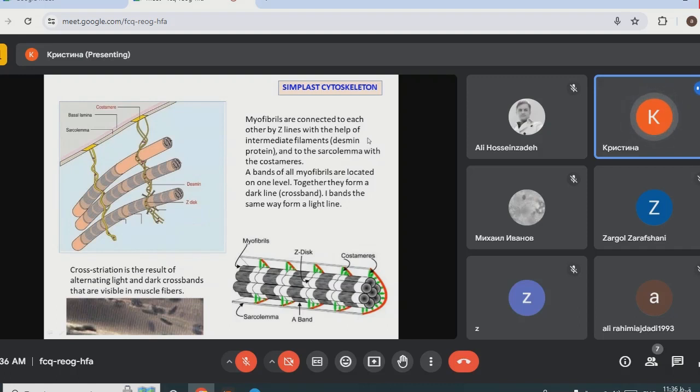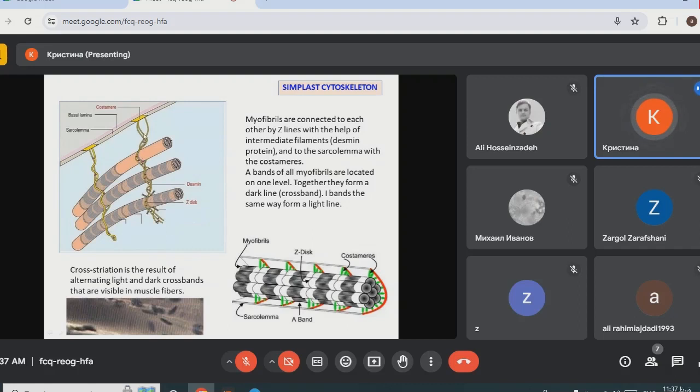desmin in muscle tissues. As you remember, intermediate filaments consist of tissue-dependent proteins. They are different in different types of tissues. In epithelial tissues, intermediate filaments consist of keratin protein, and in muscle tissue, intermediate filaments consist of desmin protein. So, molecules of desmin combine the myofibrils along the Z line, and also these intermediate proteins